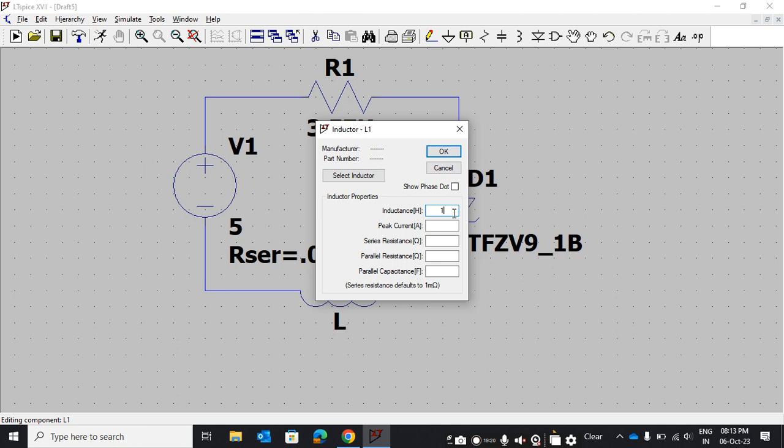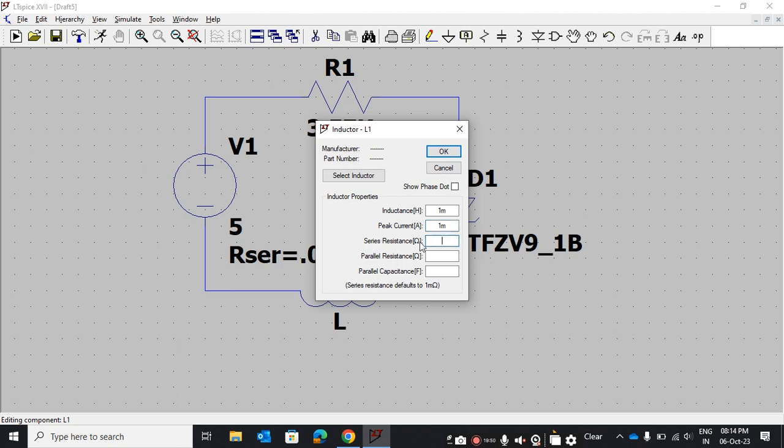If you want milli Henry, just write 1 M, 1 milli Henry. And here you can select the current, how much current you want. If you write only 1 here, it will be 1 ampere. If you want 1 microampere, write 1 mu, so it will be microampere. And if you write M here, it will be 1 milliampere.